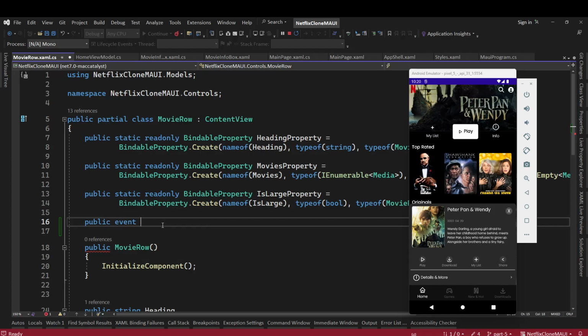So public EventHandler, and let's say MediaSelected, or OnMediaSelected. Fine. OnMediaSelected. So we are going to trigger this, but now we need to pass the information about which media we have clicked, right? So for that, let's